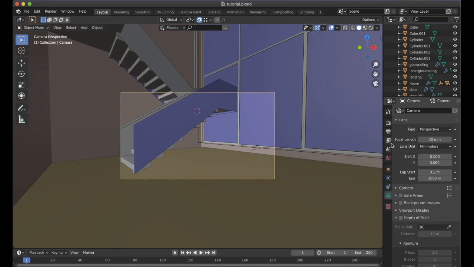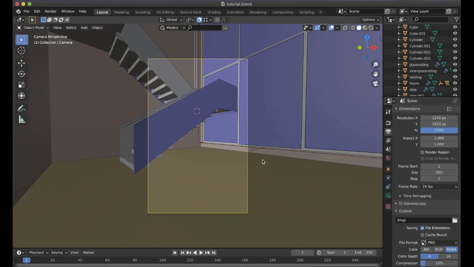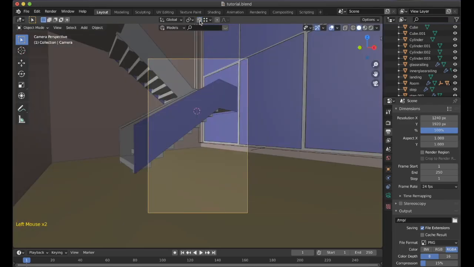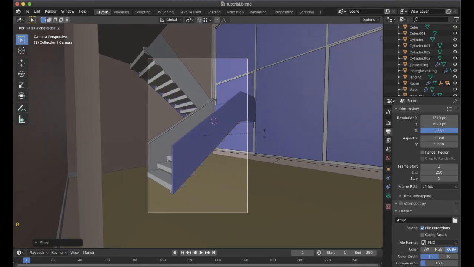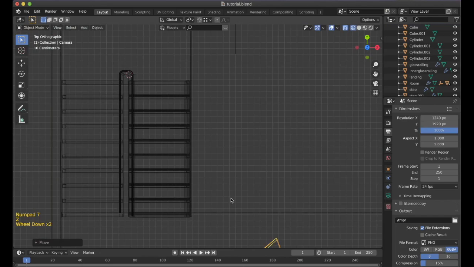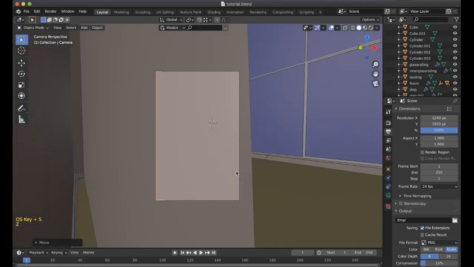Let me check this out. Also I will change the dimensions of the render setting. I will give this 1240, this as 1920. Yeah. To move it smoothly, turn the snap function off. I will rotate this along Z axis. I will go into the top view once and let me check it over here. Yeah. For a better composition,